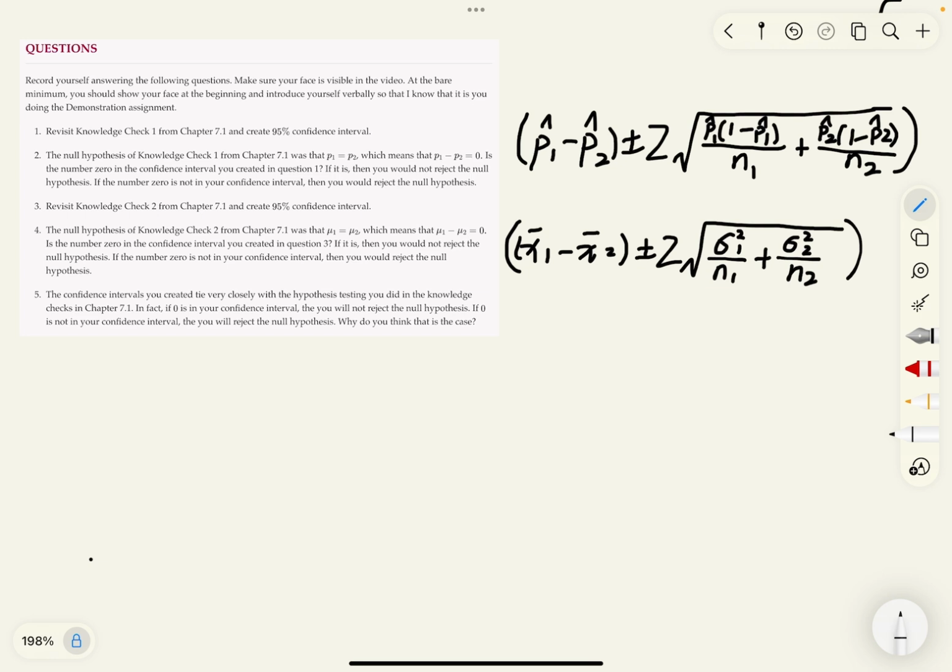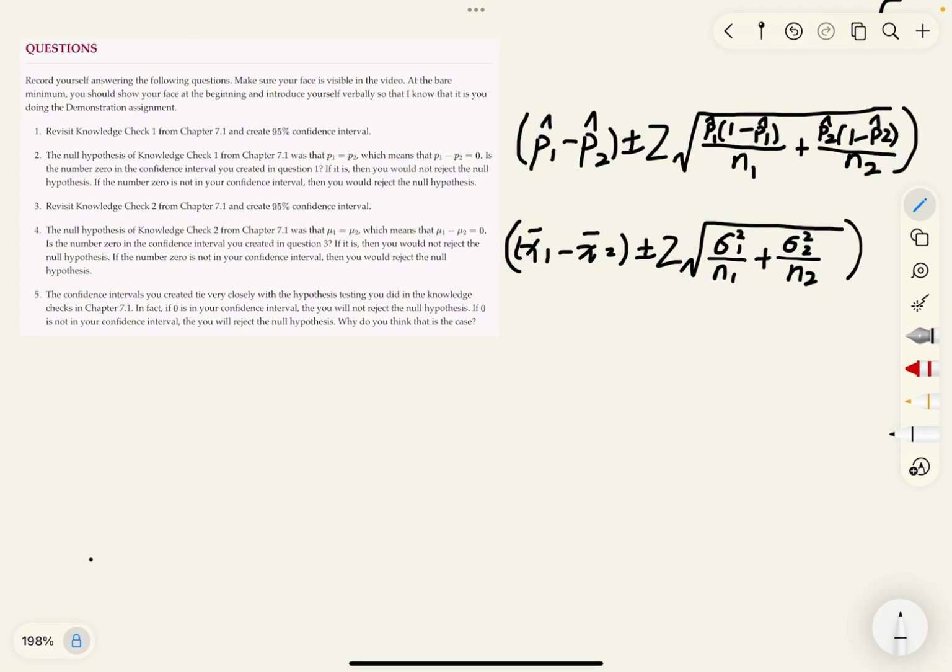Today I will finish Demonstration 3. And for the questions, here are 5 questions. For the first question, revisit knowledge check 1 from chapter 7.1 and create a